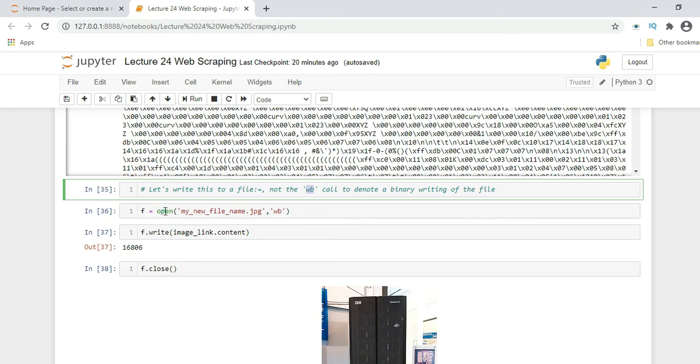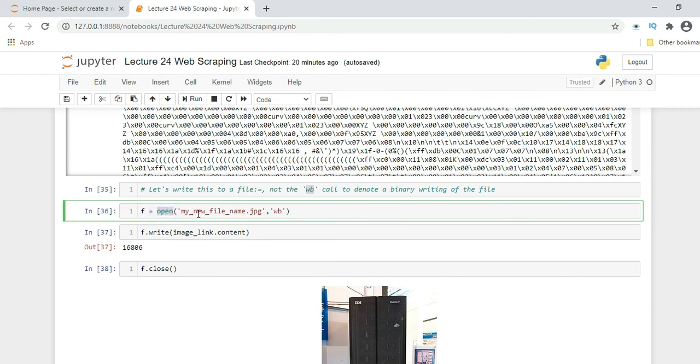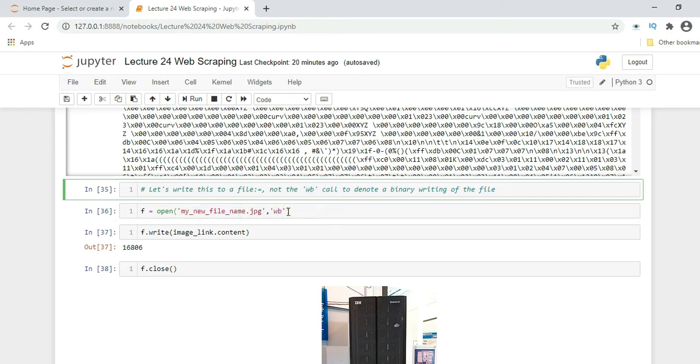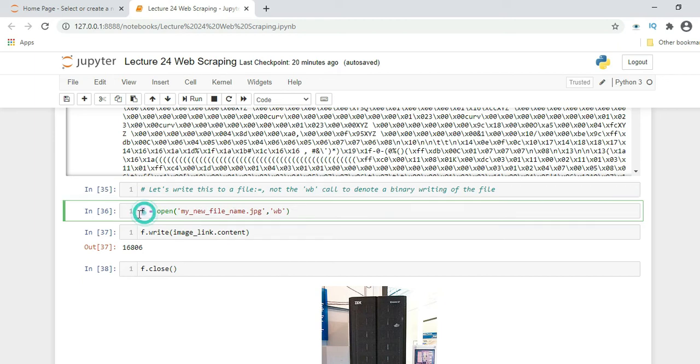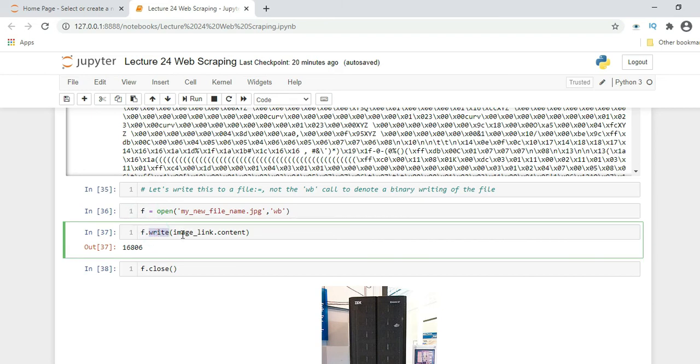We will open a file named my_new_file_name.jpg, and it will be stored in this f variable. Now f.write, with image_link.content, the image which we extracted from the other source.